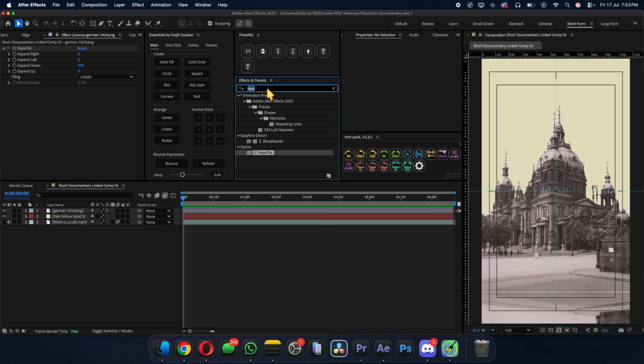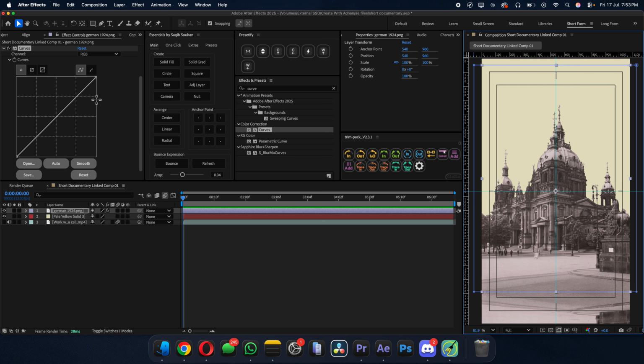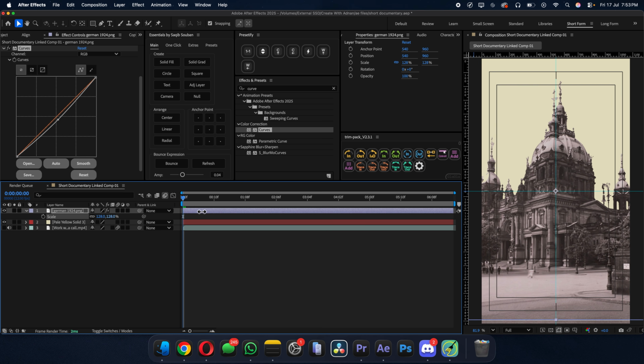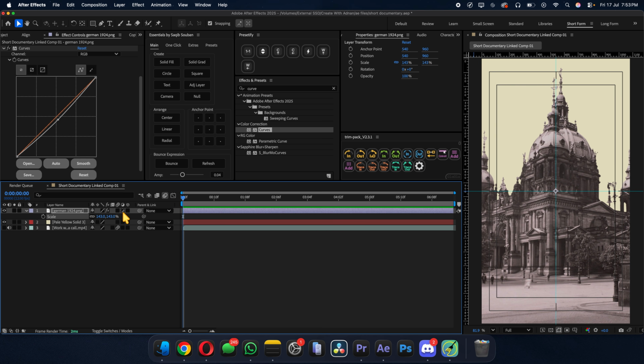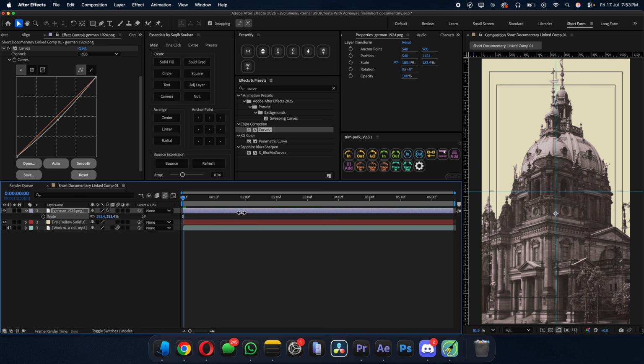Okay, it's looking good. Now let's add our curve, because this image has very little contrast. So we are going to add some contrast. Just make a point in the middle and drag it a little bit, not too much. Okay, this is looking good. Now let's make this big, something like this. Let's make it a little bit bigger,